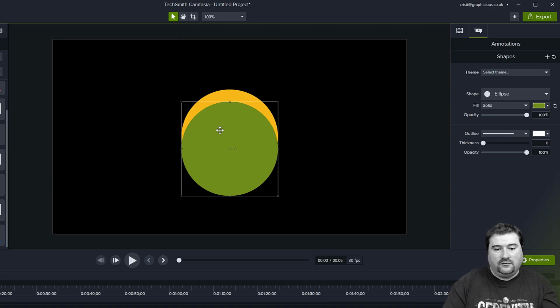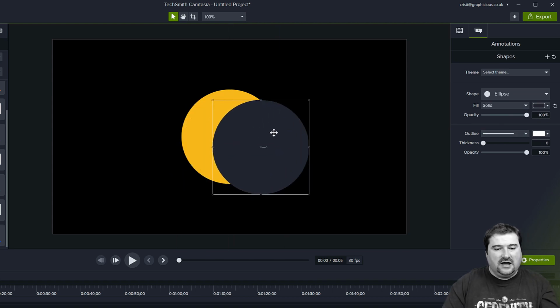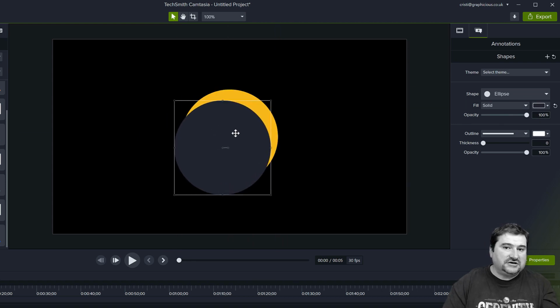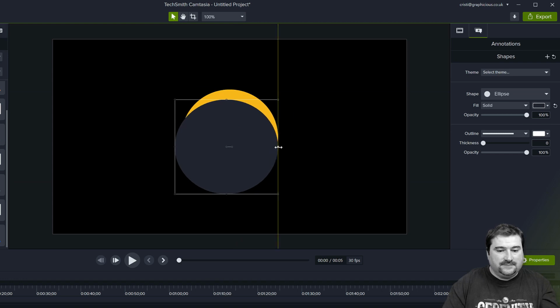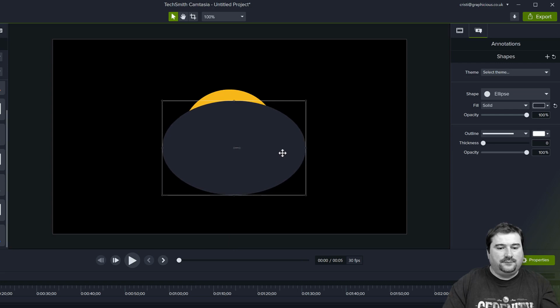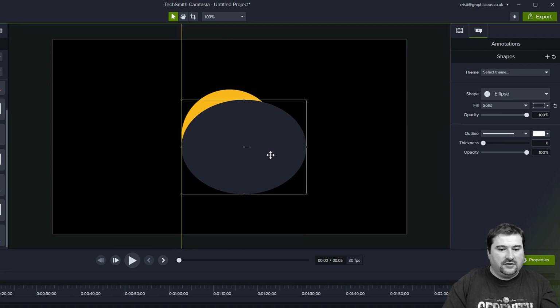So what I can do is, let me turn this into black just to illustrate what's going to happen. If I make this kind of dark gray, we can now see how I can make this shape cover the other shape partially. But what I want to do is drag the edges like that and distort this shape, and then just place it around here. Maybe I've distorted it too much. Let's put it back in here for a bit. And there we go. This is the tail of my arrow.